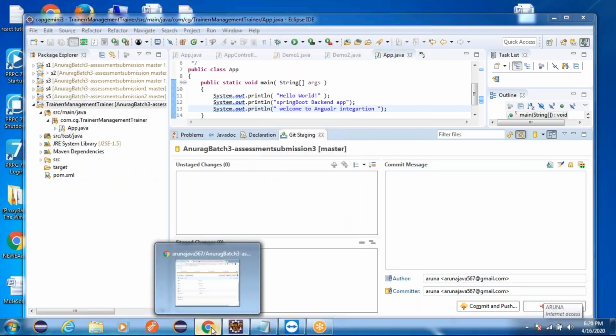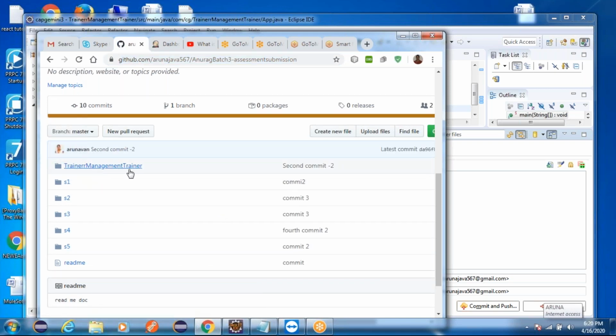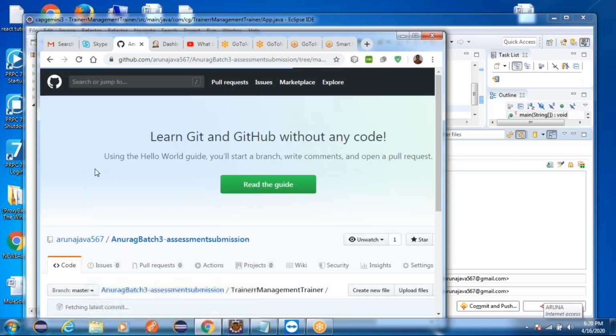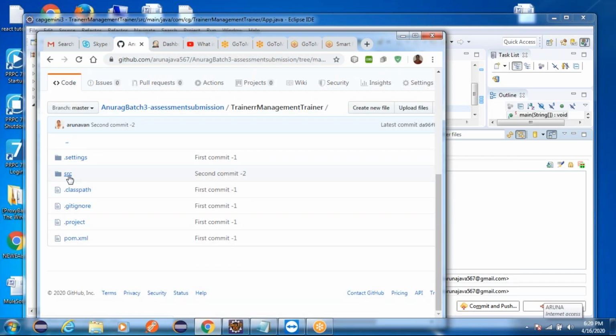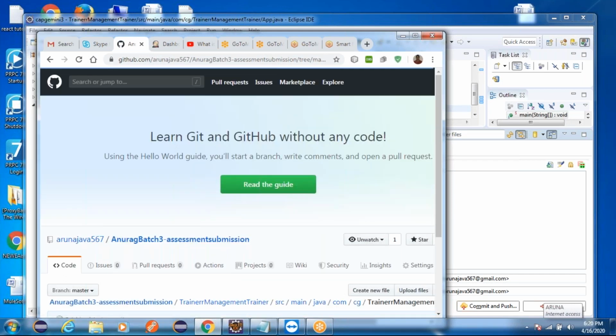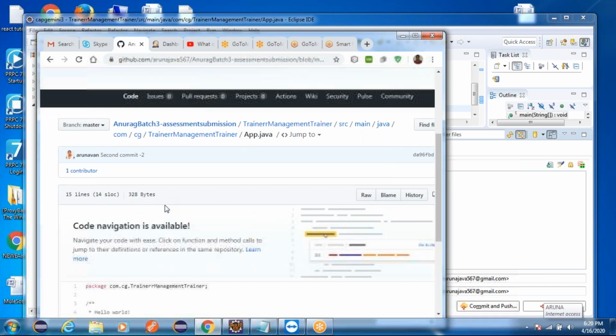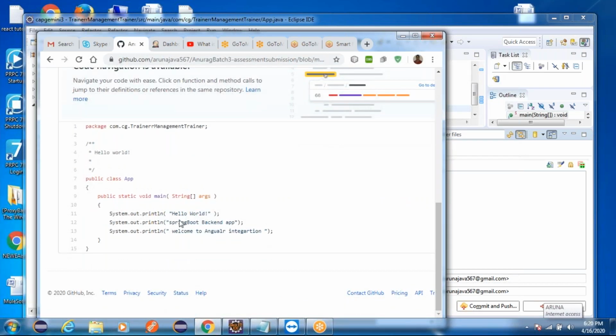If you go here now, see, as of now it is not there. When you refresh, the new project called trainee management trainer should be updated here, and all the files with the new updates should be available within this repository, trainee management main Java, within which you should have app.java, and all the newly added lines should be available.